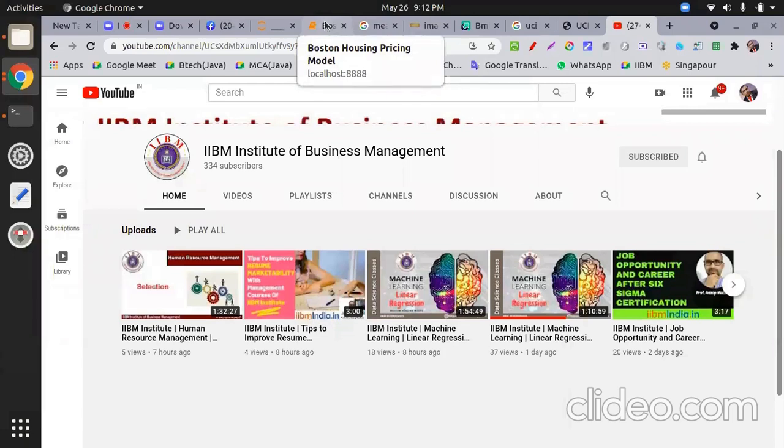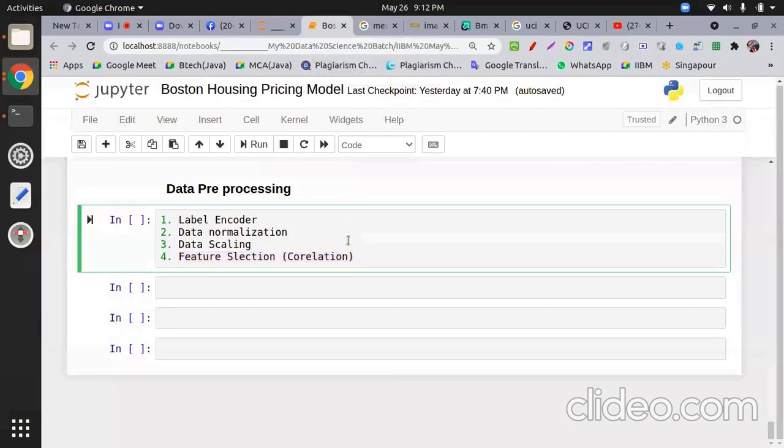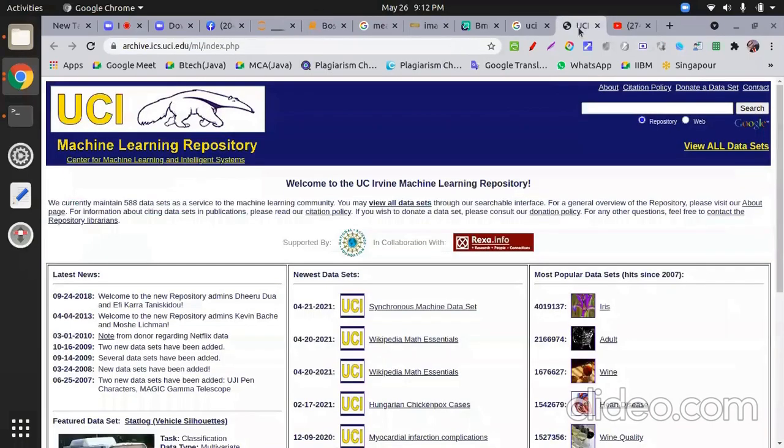करीब 10-11 बजे तक अपलोड हो जाती है। मैं कोशिश करता हूँ कि PDF आज अपलोड करा दूँ मैम से रिक्वेस्ट करके, ये PDF आपको आज मिल जाएगी। और UCI पे जाके आप यहाँ पे व्यू ऑल डेटा सेट करना है।